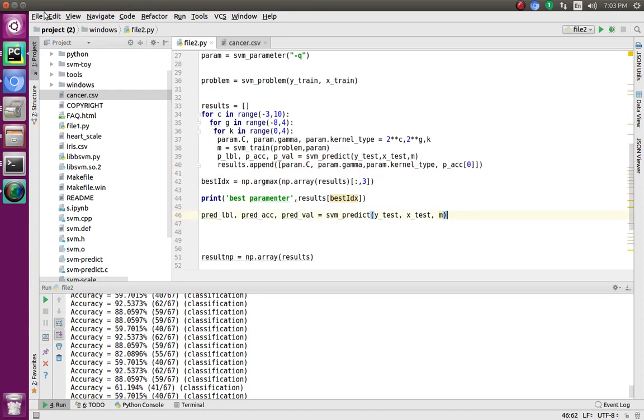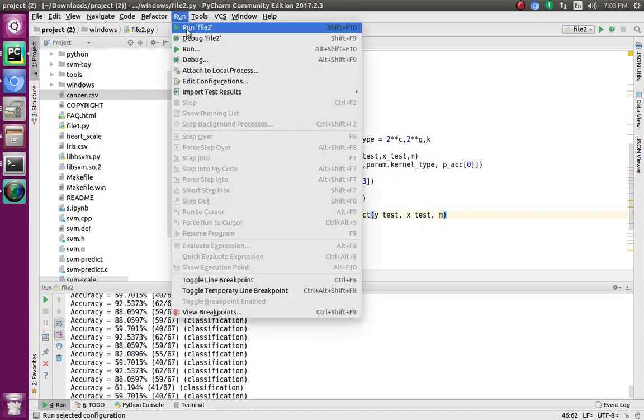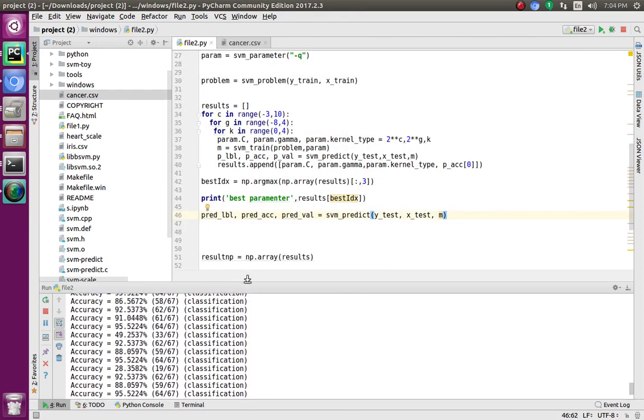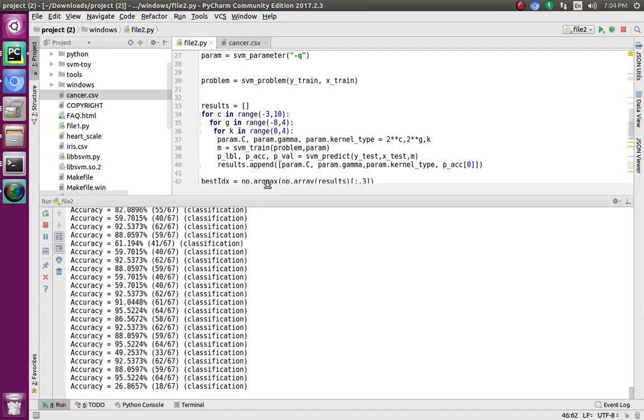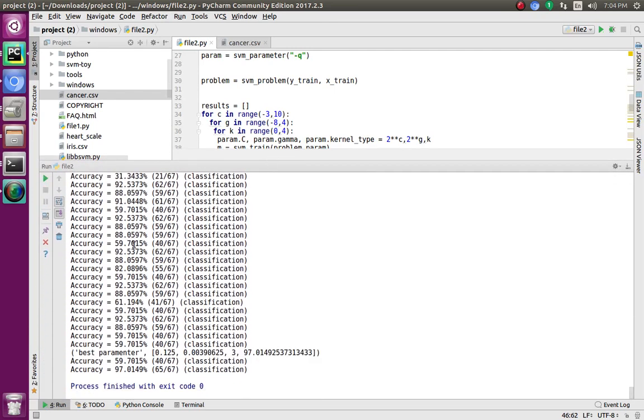Next I am going to run this program, and you are seeing that it is showing very good accuracy, 92, 88, and it shows the best accuracy 97.0149, which is quite good.